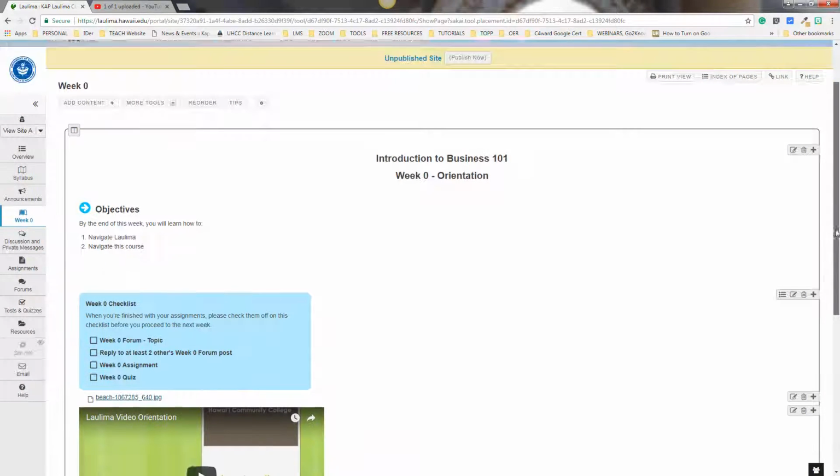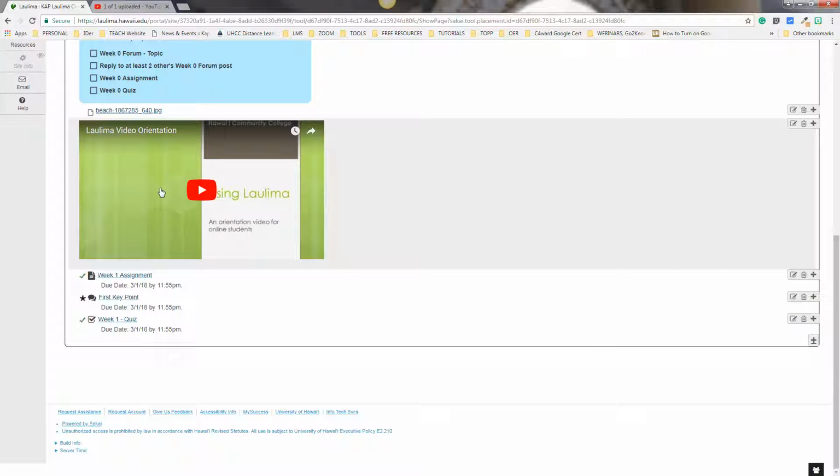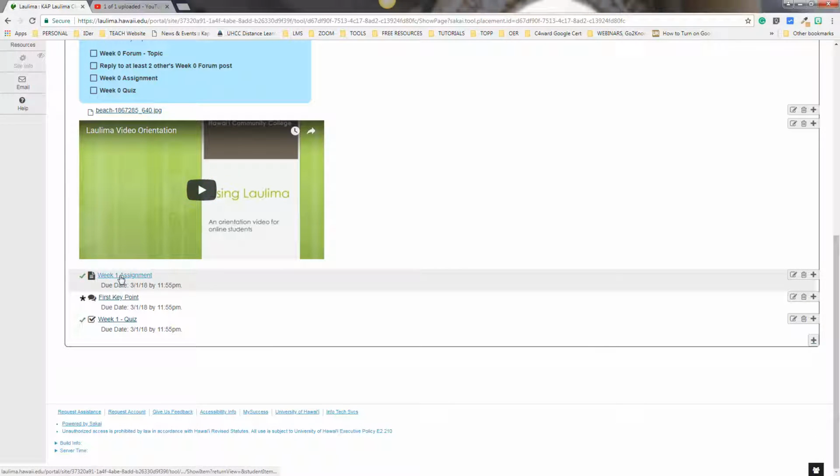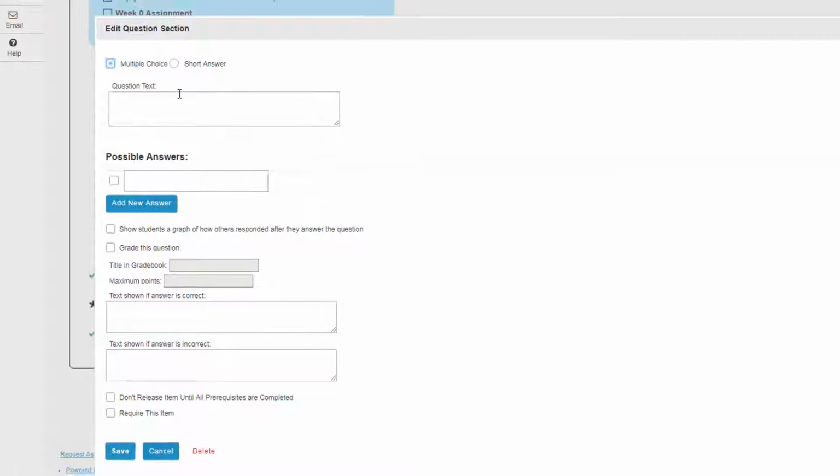The same goes for polling or questions. If you feel like you want to poll your students, let's say I want to add the poll in between this video and the assignment link, I'm going to click the plus icon in between the assignment and video. So I'm going to click the plus icon and choose Add Question. You can choose between multiple choice or short answer. I'm going to choose multiple choice. And the question text is